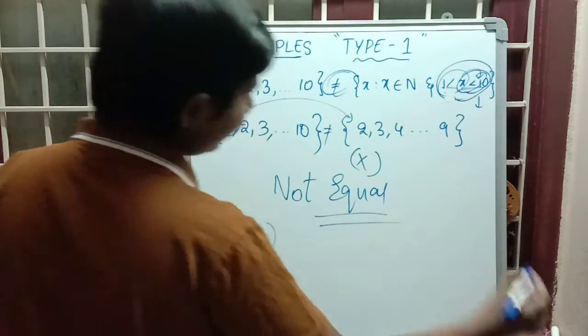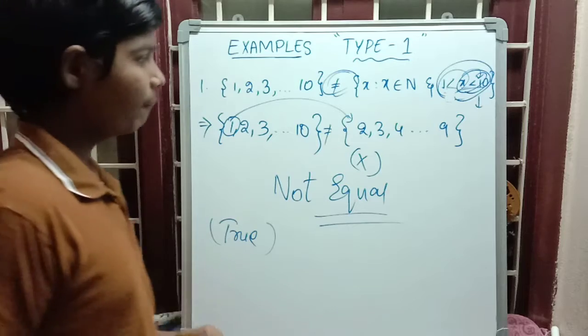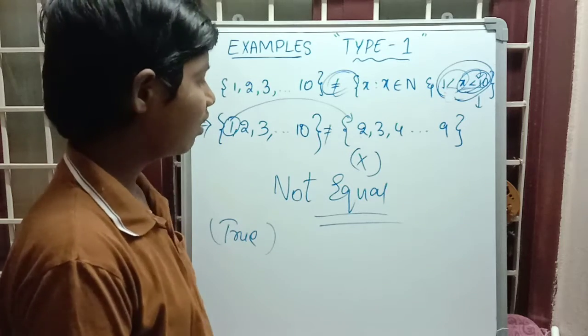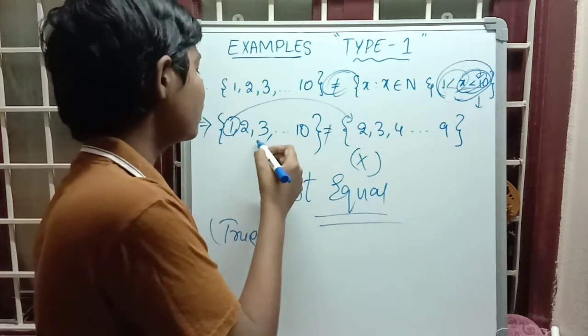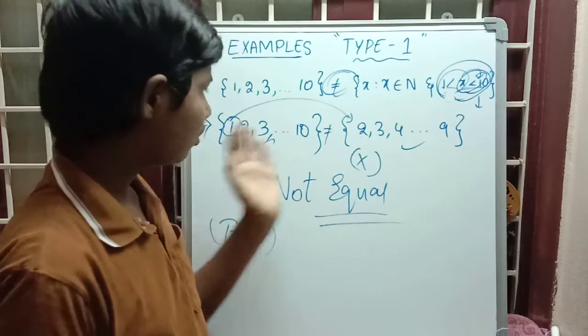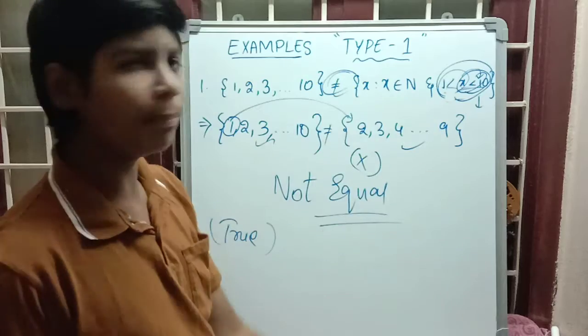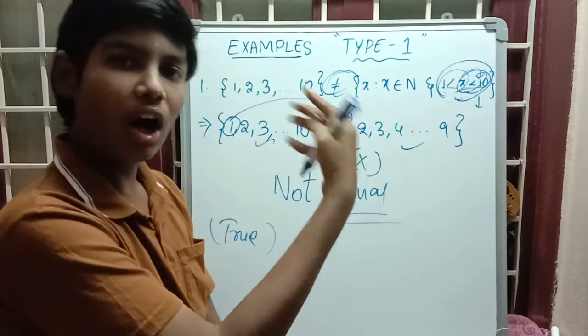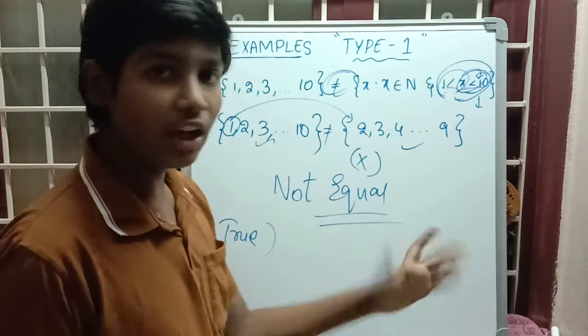Equal sets. What is the meaning of equal sets here? Elements which are in A should be in B. Equal sets: elements in A are in B and in A. A and B are equal. The order may be different; there can be any order.